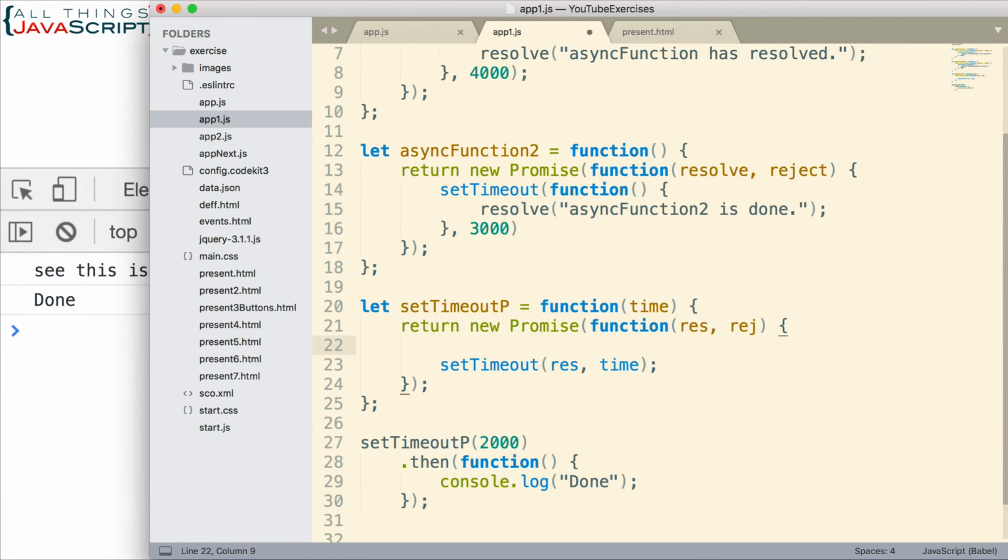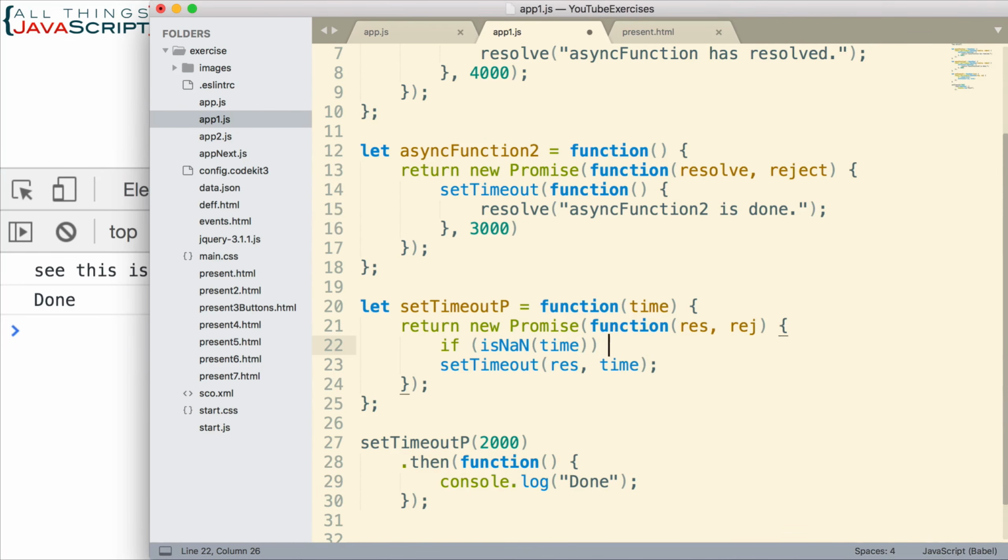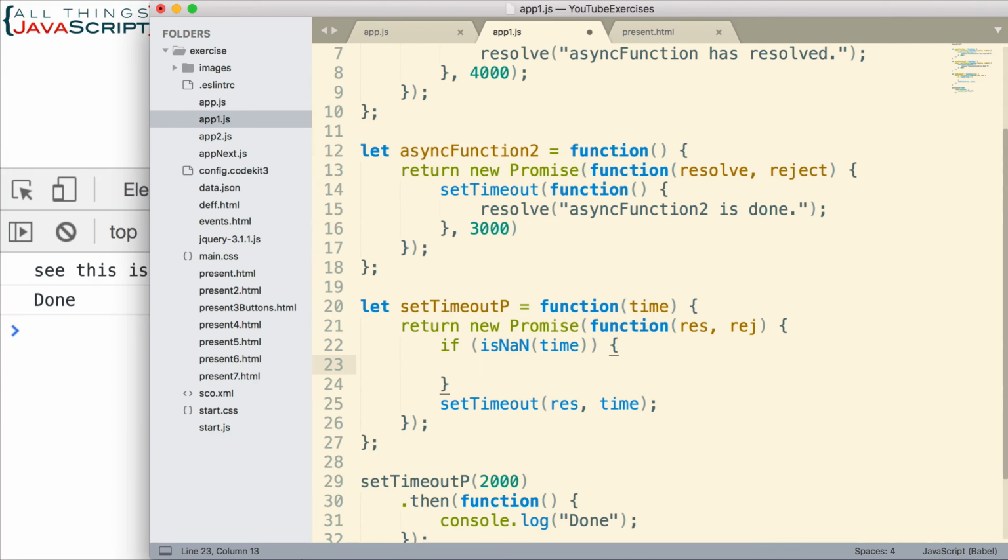So let's see how we would do that. We can simply run an if statement here inside our promise. Remember, inside our promise is where we set up how our promise works. So we do an if statement, isNaN, meaning not a number. If time is not a number, then what do we do? Well, we invoke reject. And let's pass a value. A number is required. That's the value we're going to pass. That's really our error message. So now we have the reject